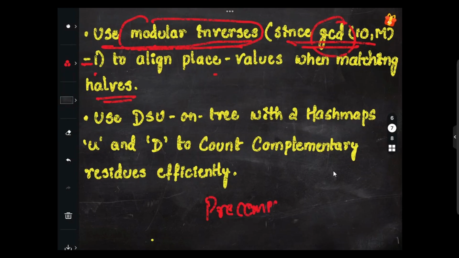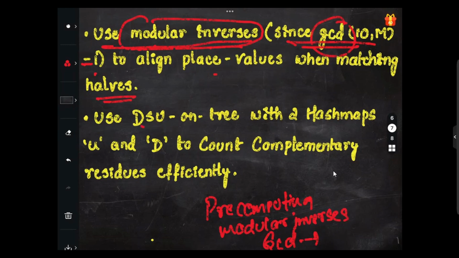Pre-computing values, then modular inverse as well, number theory. Here again we'll be going with the GCD, calculating GCD as well. And then Euler's GCD formula we'll be going with. Then